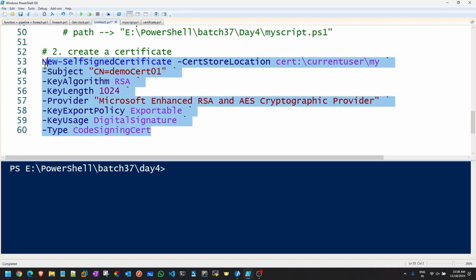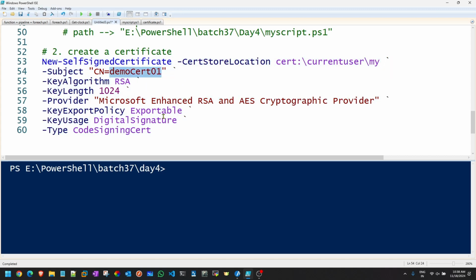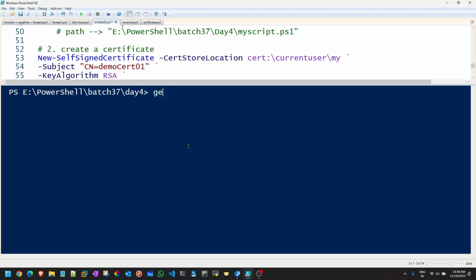Now, is this clear to everyone till here? Okay. Now, subject is just the name of the certificate, just the name that will be visible to you on the top. Now I'm gonna show you where. To check what all certificates you have available in your system, you can go with Get-ChildItem cert:\CurrentUser\My. That's the same path I've written, right? Type this, hit enter, and see.